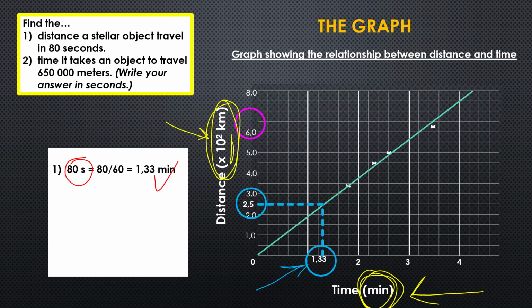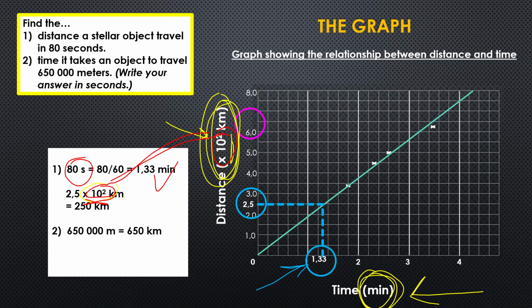Is that 2,5 kilometers? No, remember, you have to apply the scientific notation. So you have to bring that in as well. So that answer of 2,5 is not the final answer. You need to multiply it with the scientific notation shown in the bracket. So that is 2,5 times 10 to the power 2. You learned in junior school that your comma shifts 2 places to the right. So that gives you an answer of 250 kilometers. So that question is also for 3 marks. Next question.